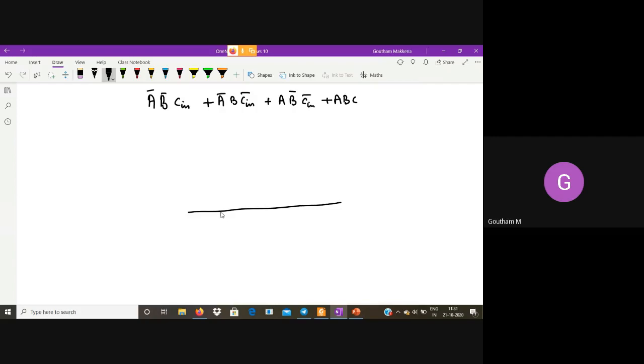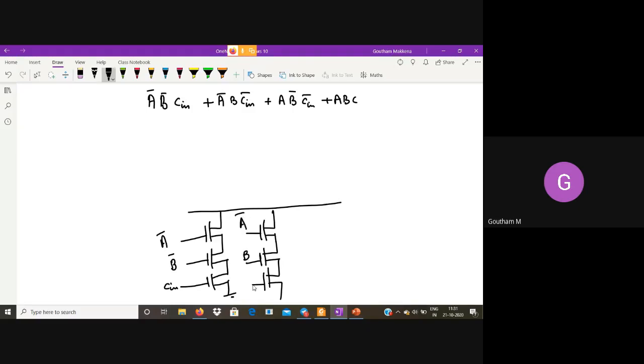Okay, so I am drawing the NMOS part. So this is A bar, B bar, Cin. So this is A bar, this is B bar, this is Cin. So the next one is A bar, B, Cin bar.